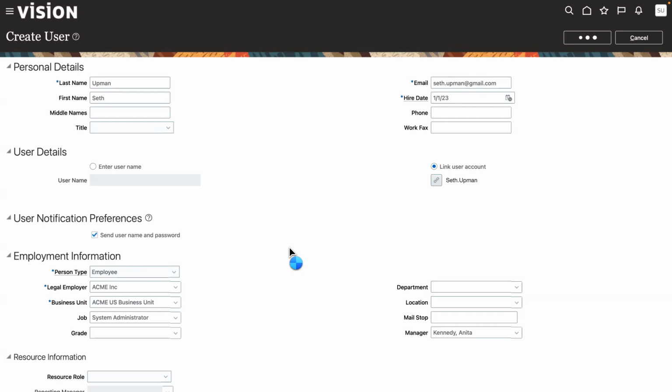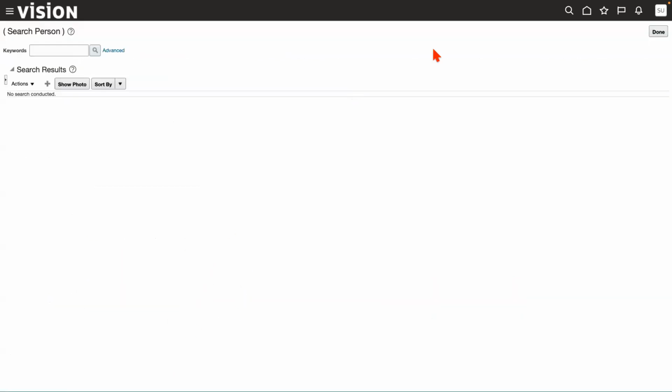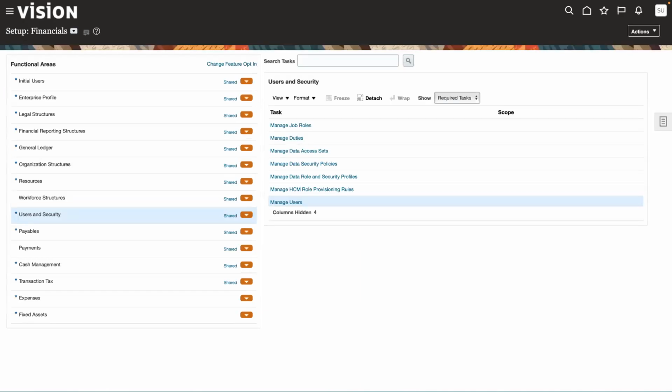Now, if you have a lot of users, there are loaders that you can use to load users and the employee information, you know, where they belong to and all that. So there are loaders that you can use to load that. So I'm going to click on done. And I am now going to add some roles to my user. So let's go back to the